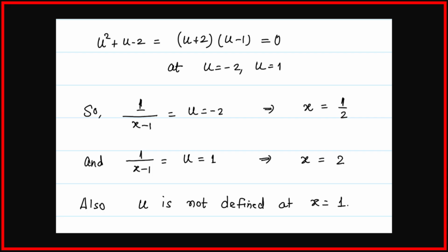First of all, we'll find those values of x at which u is going to be -2 or 1. So that's why we are equating the value of u as 2 to 1 by x minus 1, so that we can find the values of x. In this way, we get those values of x at which u is going to be 0, making the denominator of f(u) 0, and the function is not defined at those points, so the function cannot be continuous